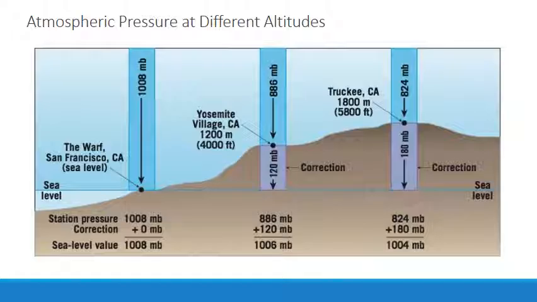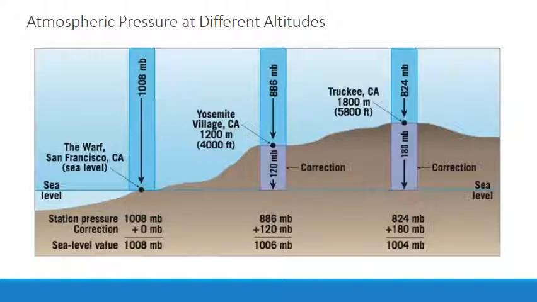Once corrected to sea level values, the pressure measurements are displayed on surface weather maps using isobars. Iso meaning equal and bar meaning barometric or pressure. Those are lines that connect places of equal air pressure. So you can see, if we're at 1,008 millibars of pressure here at sea level, and we climb up